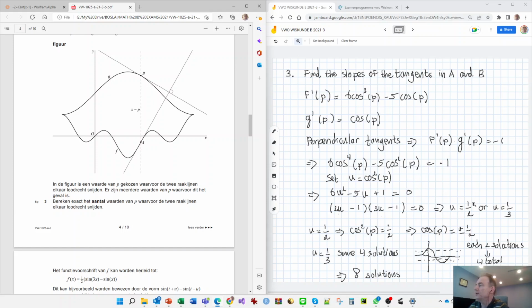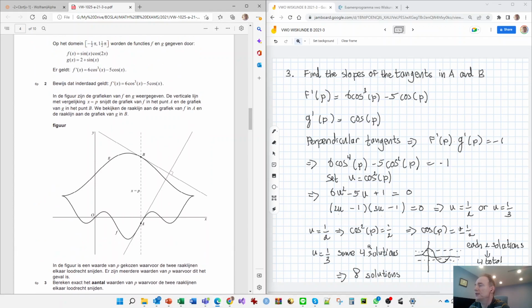So you find u is 1/2 or 1/3. And what does that mean? Well, u is 1/2 means that the cosine squared has to be 1/2, which means that the cosine of p is either plus or minus 1/2. And now, well, what are the solutions for each? Just draw this cosine, which I did poorly here. But so this is the cosine